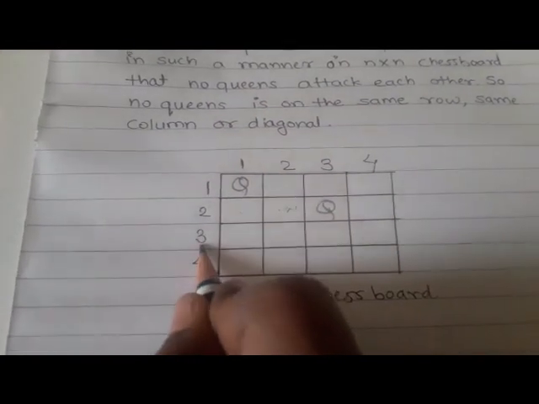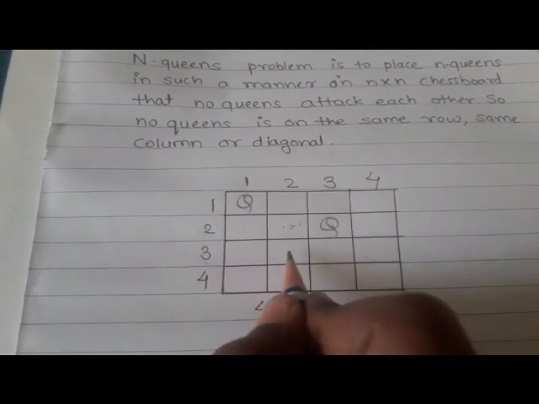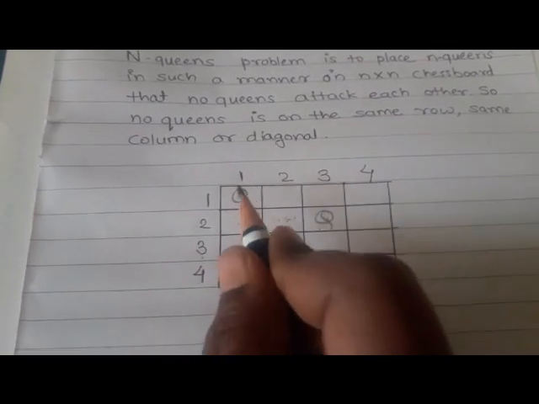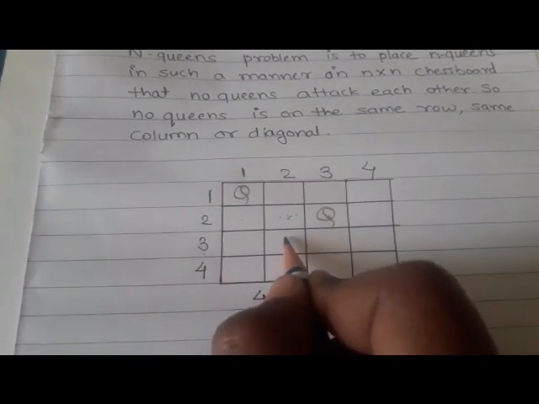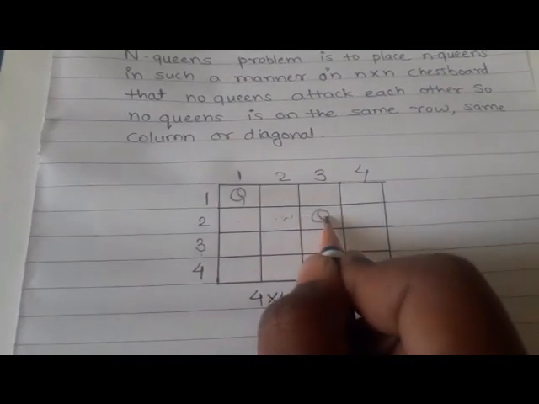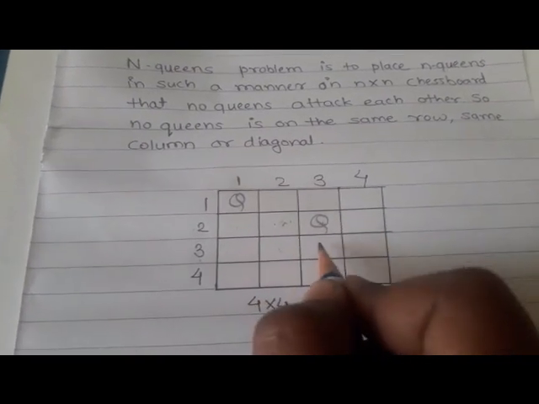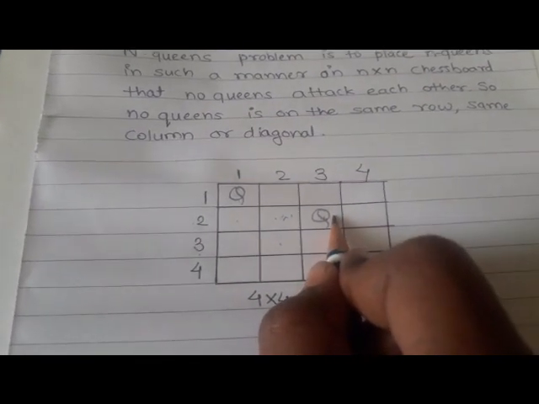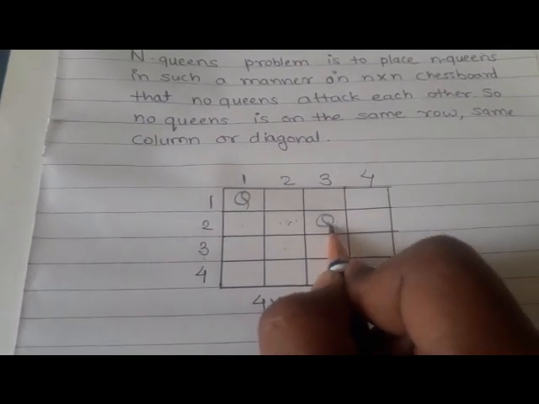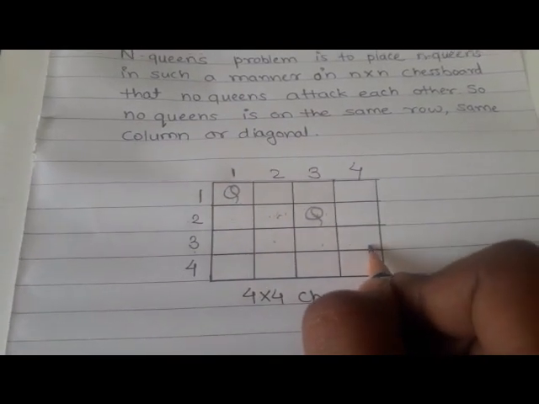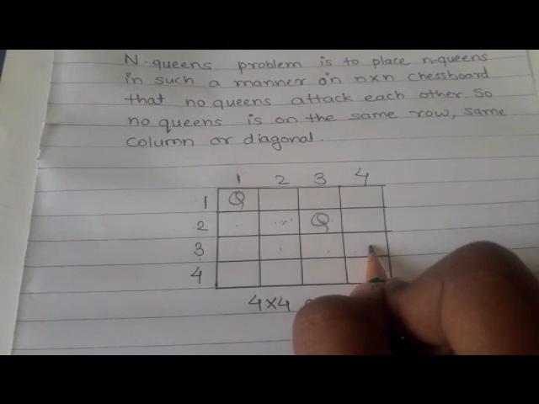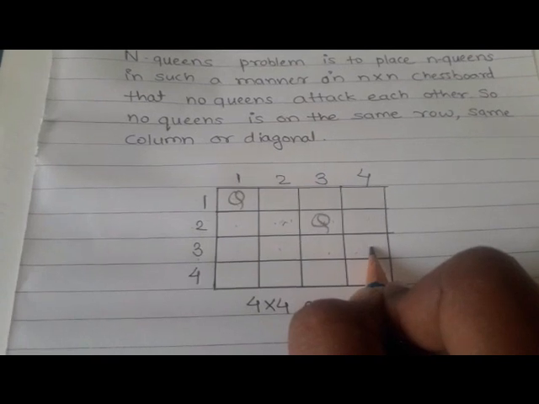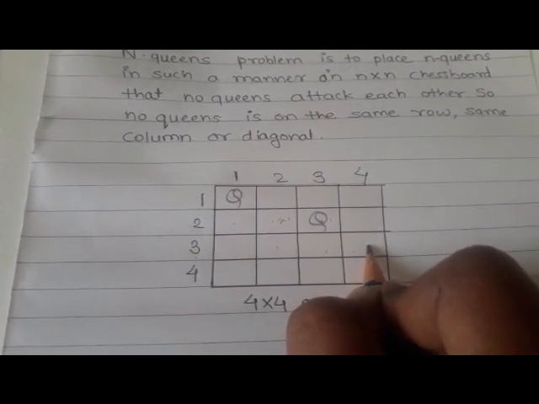For example, if we have to put the third queen in the third row, we can't put it in the first column because it will directly attack. If we place the third queen here, then this queen directly attacks this queen. We can't place it in this column because this column is already given to the second queen, and we can't place the third queen here because this queen directly attacks this queen. It means to put the third queen safely, no position is left. Therefore,